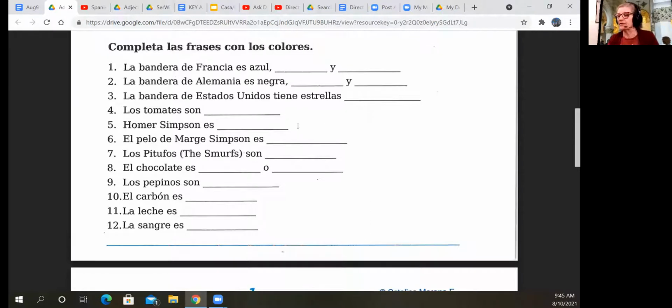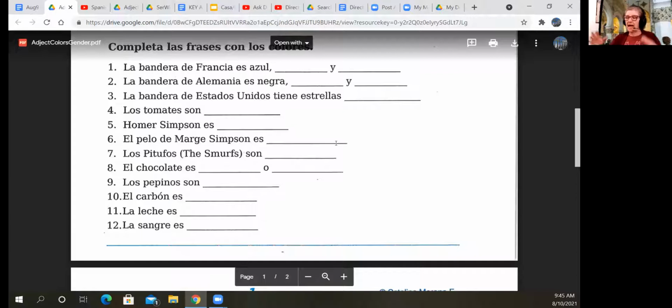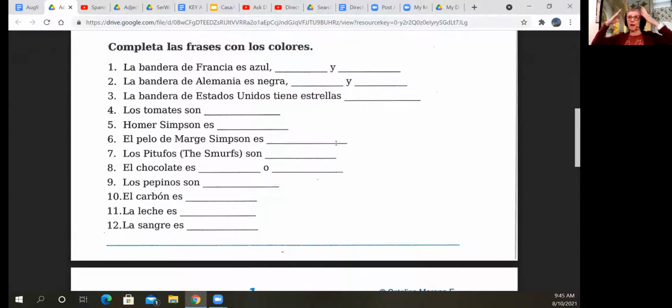Okay, Homer Simpson's skin is a certain color. Amarillo. Amarillo, and Homer is a guy, so Homer Simpson es amarillo. And then we're going to talk about el pelo de Marge Simpson. We're not talking about Marge, we're talking about el pelo, her hair. And pelo is a masculine word. Even if it's on a woman, the word pelo is a masculine word. So we're describing pelo. El pelo de Marge Simpson es